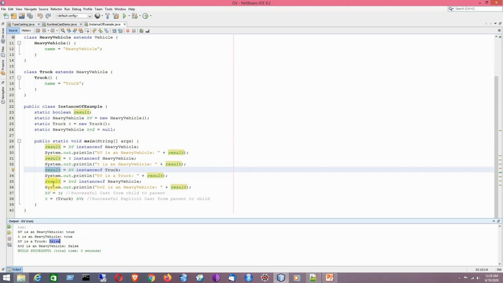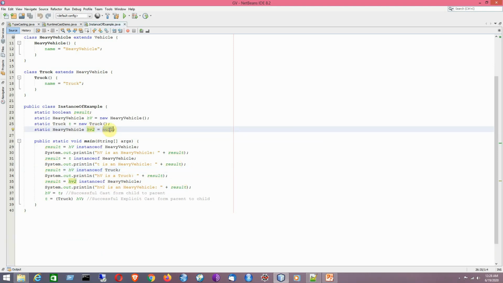Now for the next one, we have written here HV2 instance of heavy vehicle. So what is the value of HV2? Null. That means they are unrelated. It should be representing the same class object reference, or it might be denoting the is-a relationship, but that is not the case here.